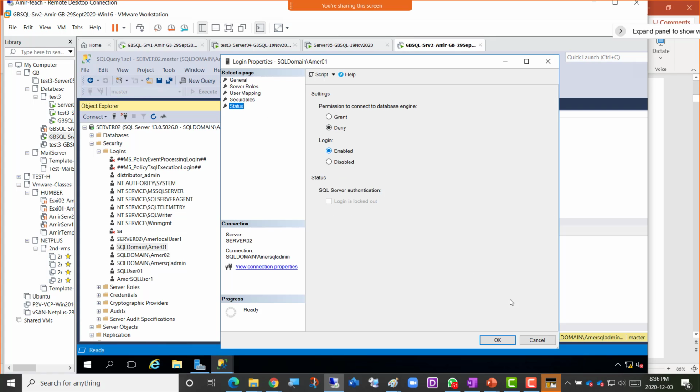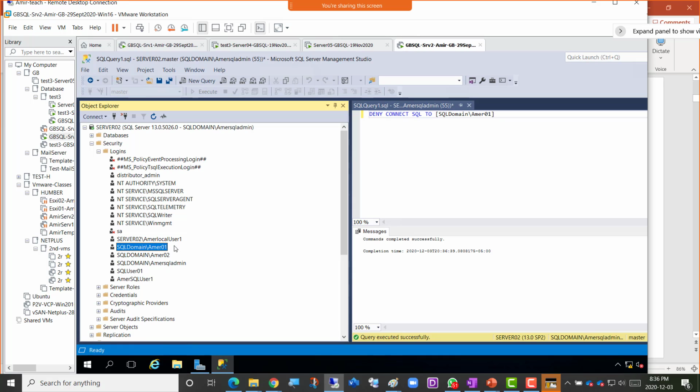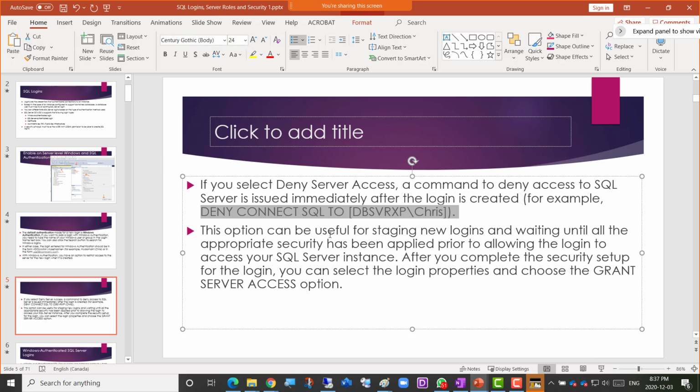That you can do from query as well. So that is what it's saying here. This option can be useful for staging new logins and waiting until all the appropriate security has been applied prior to allowing the login to access your SQL Server instance. So you can just deny first and then check all the security of this user, proper permissions and privileges given to that user,